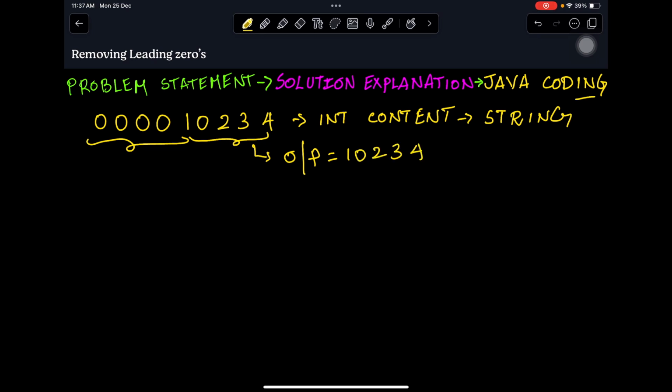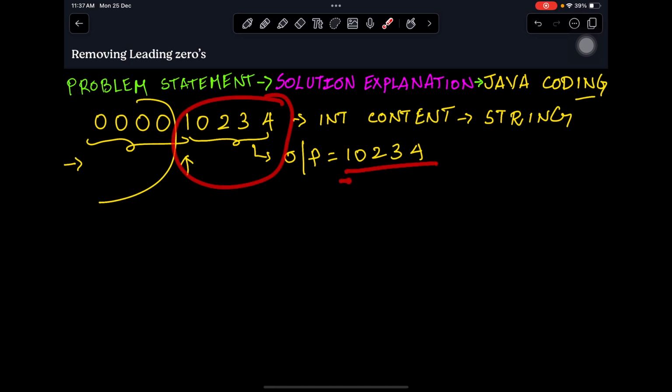What do you mean by leading zero? You have to start from the left hand side. When you encounter the first non-zero value, you have to stop there, remove the left hand side and print the other values. That is 1, 0, 2, 3, 4. So this is the problem statement. The solution for the problem is